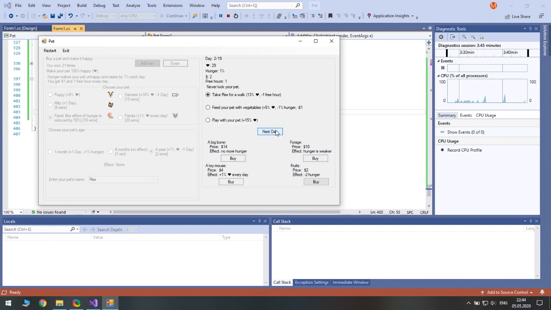So we need $10. So we buy forage, and we, oh, I guess I mistyped and typed big bone instead of forage. Well, its hunger should not increase, or should it?